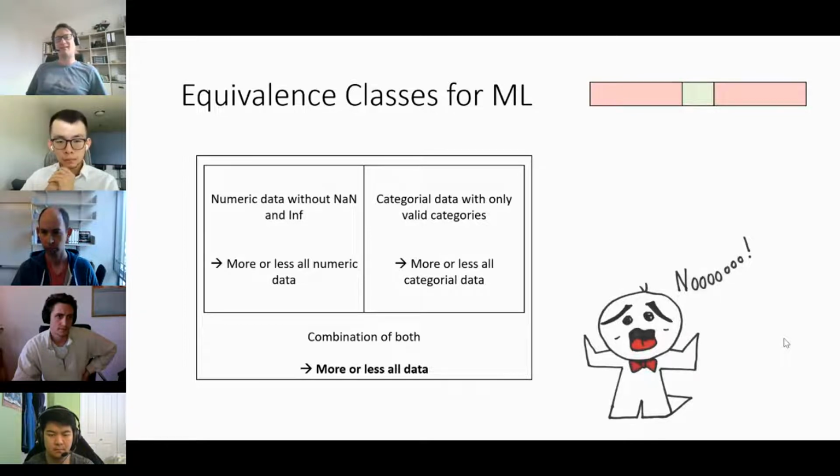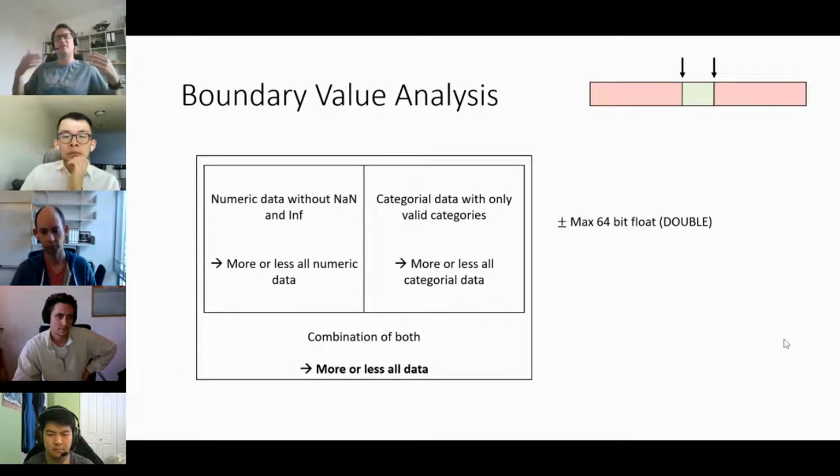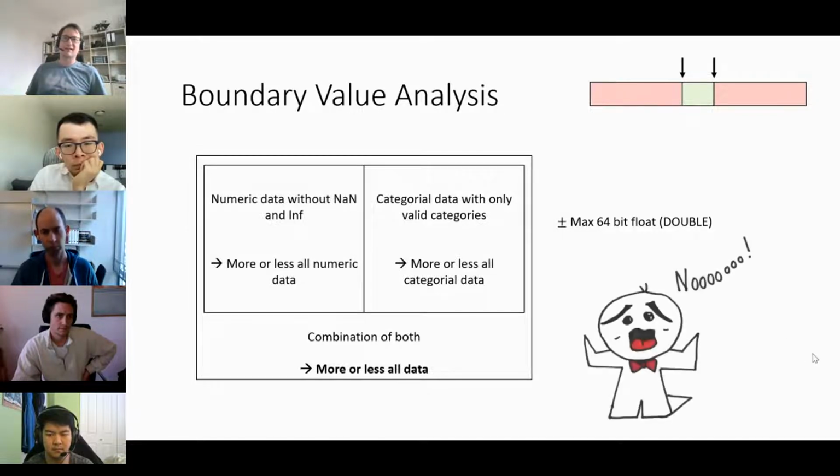And ideally, when you have equivalence classes, you can do something like boundary value analysis to find good candidates for testing, where you actually look at the boundaries between them. Well, if we have this huge space of equivalence classes, the boundaries are basically just the machine precision. So again, not a good source for many test cases.